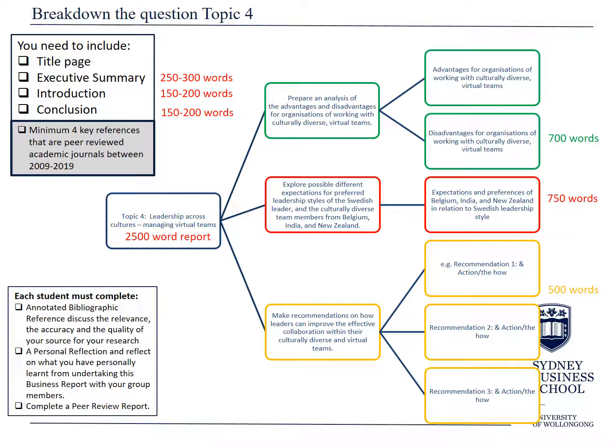So now that we've mapped out how we want to answer the assignment question and we've looked at the word count allocation, it's time to go back to the subject outline and make sure that we answer every component of the report. So this report means that you need to include a title page, an executive summary, an introduction, and a conclusion. In your reference list, it must be a minimum of 4 key references that are peer-reviewed from academic journals between 2009 and